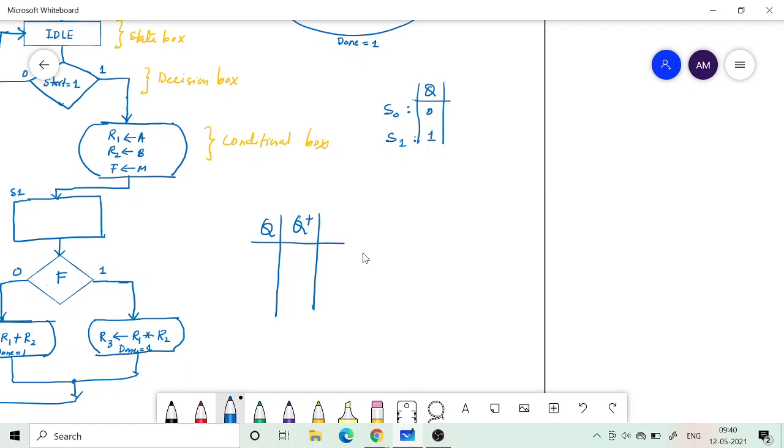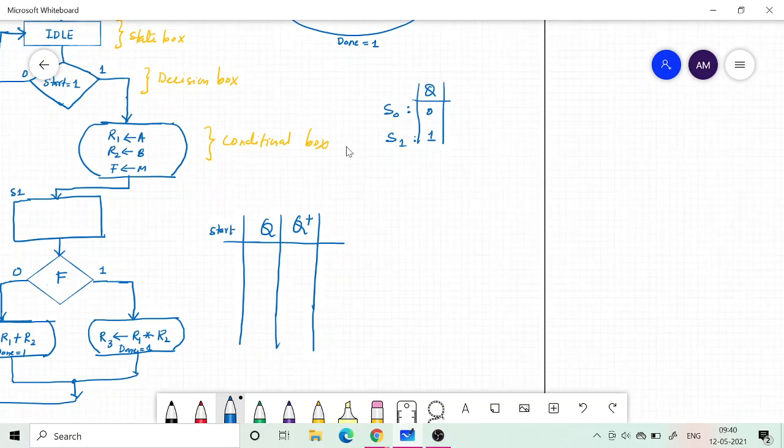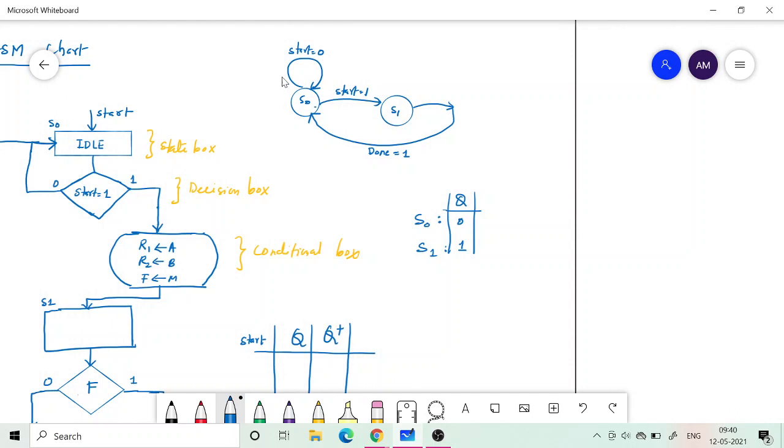Now the change is going to depend upon the input also, right? There are certain inputs, especially the start input. The state diagram depends upon the start input, as you have seen here. When it is 0, it stays on.